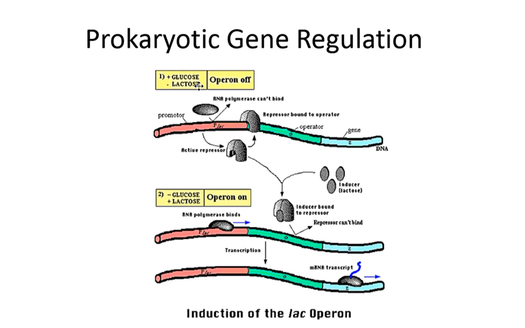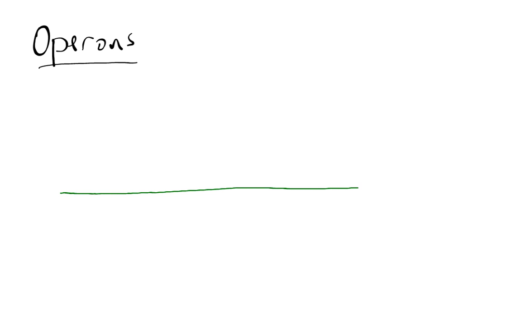In prokaryotes, they control the expression of genes by using mechanisms called operons. Here's a picture of an operon. I'm just going to draw this, of course. And so operons, this looks like the word operator. Well, it actually does have an operator in it. These are just groups of genes that regulate gene expression. That's the definition of an operon. Well, the most simple operons have two things in them. They have a section, the screen is DNA, it's just the gene at hand. They have a section called an operator,